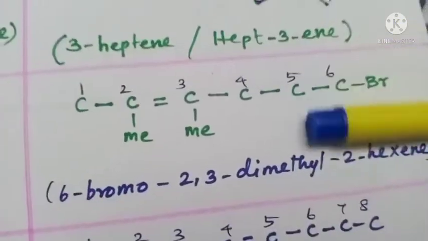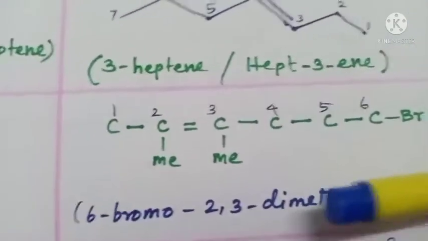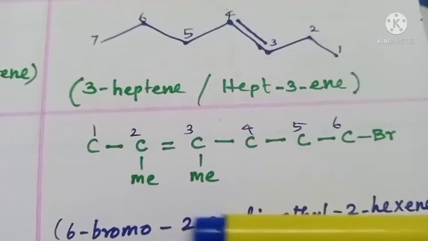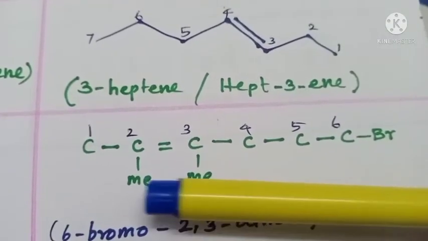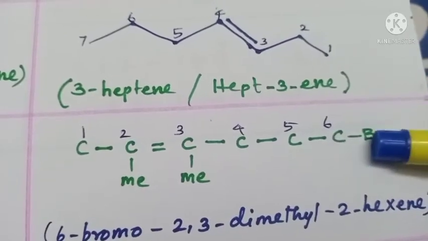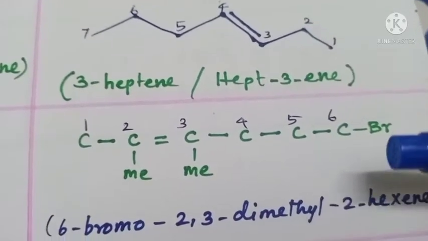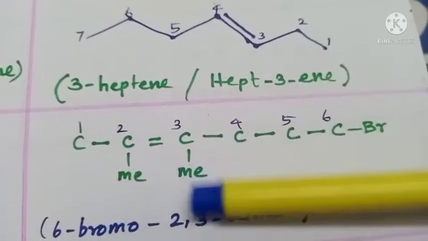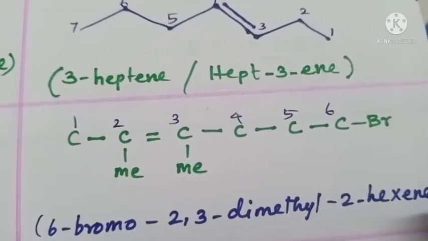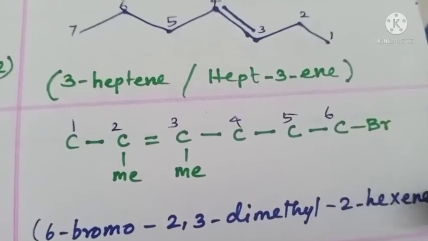So next one, I have written only the carbon skeleton. Right. So now this is the longest carbon chain. There are three substituents, 2 methyl groups, and another one, Br. This also you can consider as a substituent. Now this is supposed to be called a bromo dimethyl 6 carbon alkene, isn't it? Hexene. This is supposed to be called bromo dimethyl hexene, isn't it?